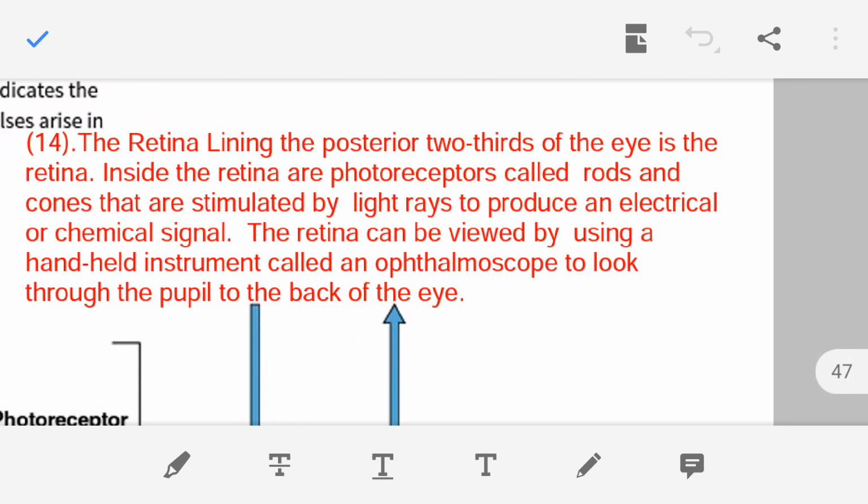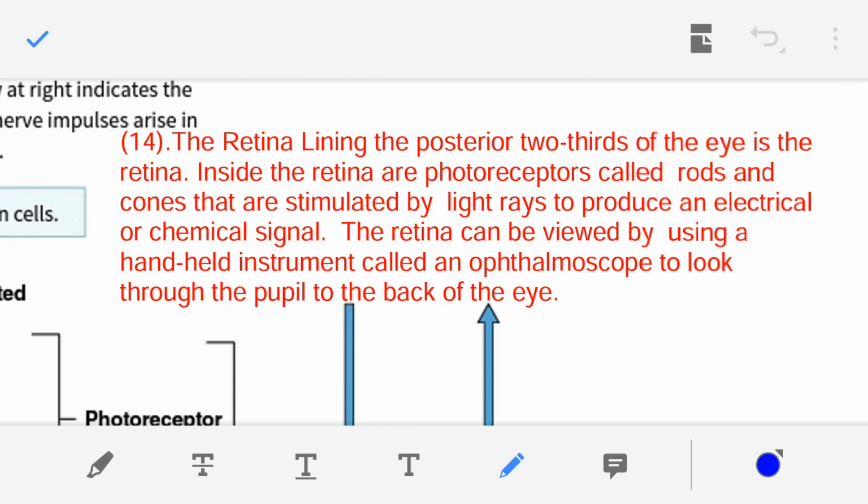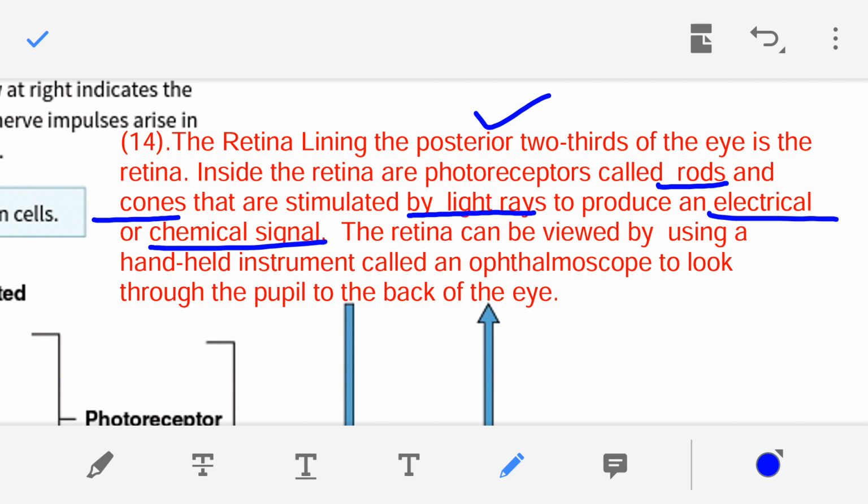So what is the retina? The retina lines the posterior two-thirds of our eye. Inside the retina, photoreceptor cells are present, and these photoreceptor cells are known as rods and cones. These rod and cone cells are stimulated by light rays. When the light ray falls upon the cell, they are stimulated and generate an electrical or chemical signal. So they produce